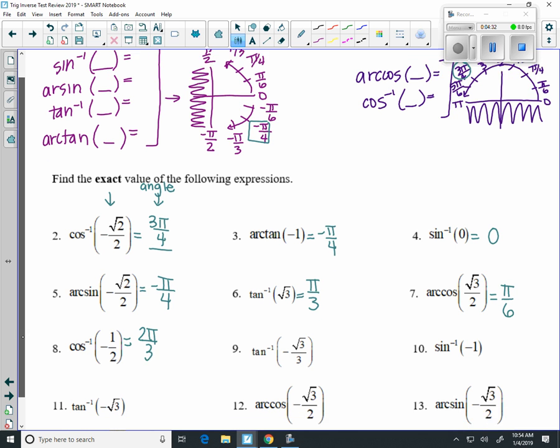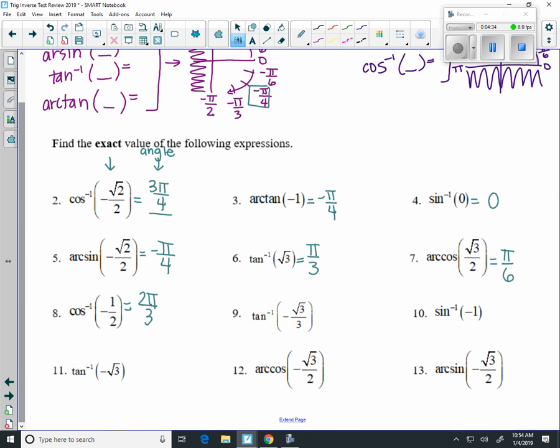And remember, I know I keep saying this, but I can't tell you how many times I have students list multiple answers here. We have one input, one output. All of our angles are restricted to those pictures I drew above. Where is tangent negative radical 3 over 3? Well, the negative tells me to look in quadrant 4. Radical 3 over 3 tells me pi over 6. So I'm going to say